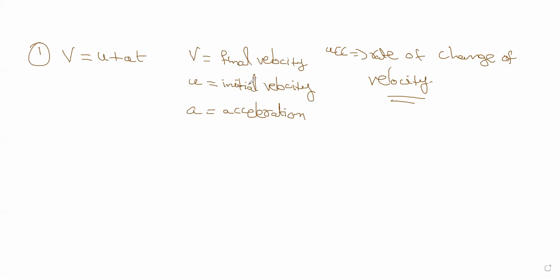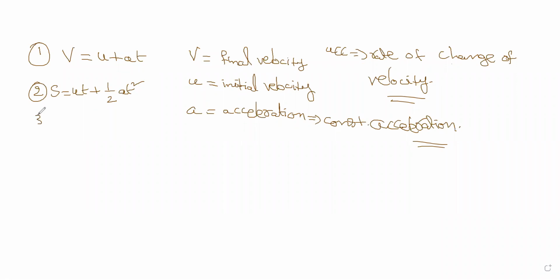Now, these equations are for constant acceleration. These equations are for constant acceleration. v is equal to u plus at. s is equal to ut plus half at square. The third one, v square minus u square is equal to